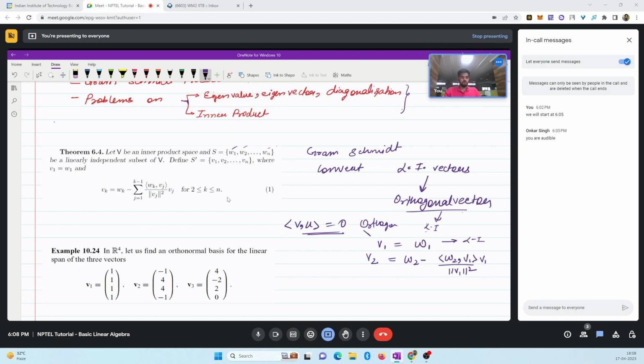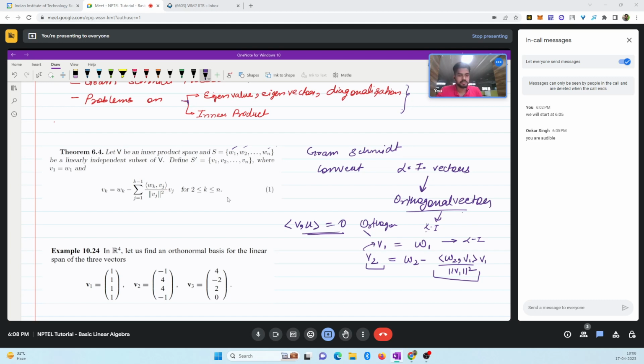This term denotes the projection of w2 on v1. So we are subtracting any component that is in the direction of v1. Then whatever we obtain, this v2 would be perpendicular to v1,